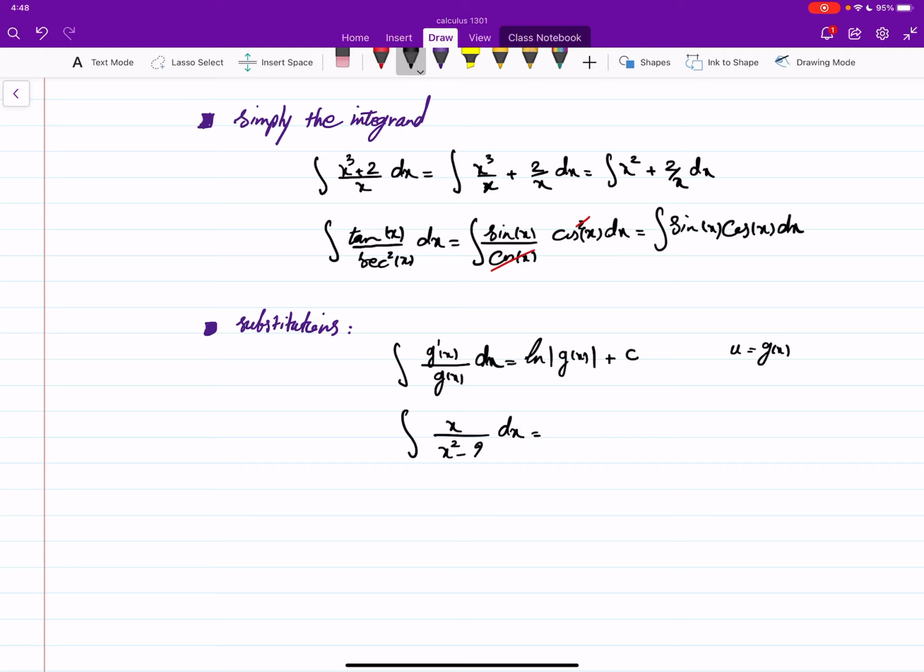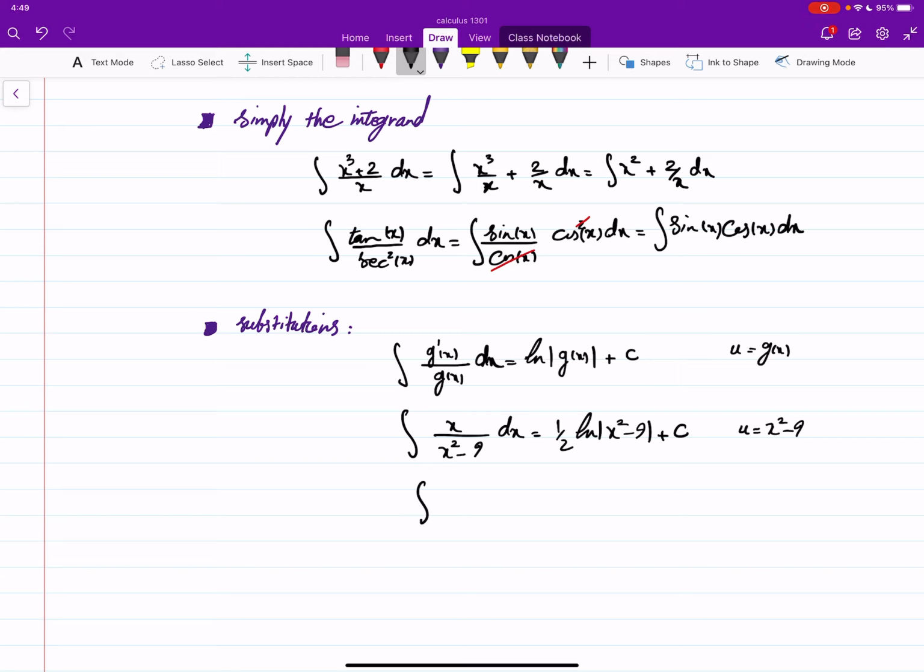At first look, you may say, okay, this is x squared minus a squared, I may need to use the secant substitution. But in this case, the derivative of the denominator is basically in the numerator. So with x squared minus 9, you will have half of ln of x squared minus 9, and so on. So substitution, the easy cases, especially if you have the derivative of the thing,